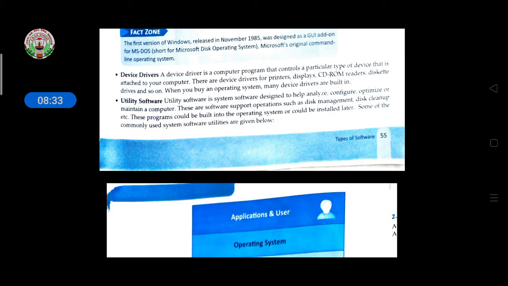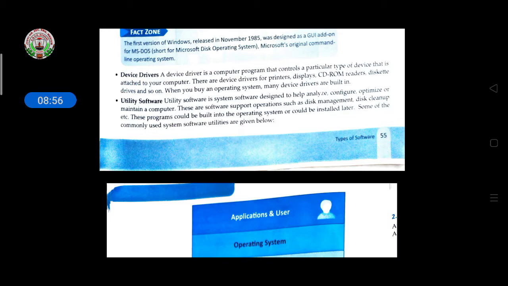Then utility software. Utility software is system software designed to help analyze, configure, optimize, or maintain a computer. This software supports operations such as disk management, disk cleanup, etc. This program could be built into the operating system or could be installed later.